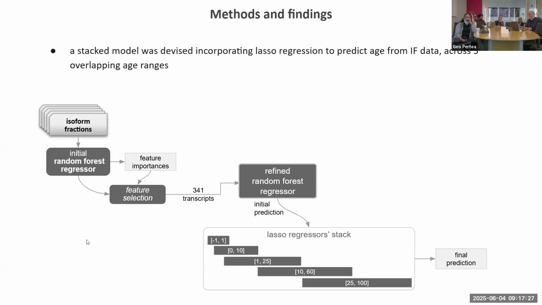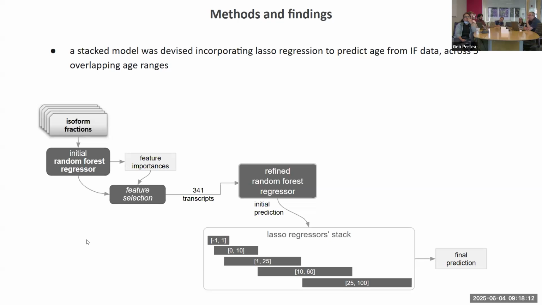Besides refining the random forest regressor as described using log transformed age and these selected features, the initial prediction from this one was further sent for refinement to this lasso regressor stack, which is an interesting contribution to this methodology. So this is a layered approach, right? The first layer is the random forest regressor trained on the log transformed ages using isoform fractions from the top 100 genes. And the second layer takes this age